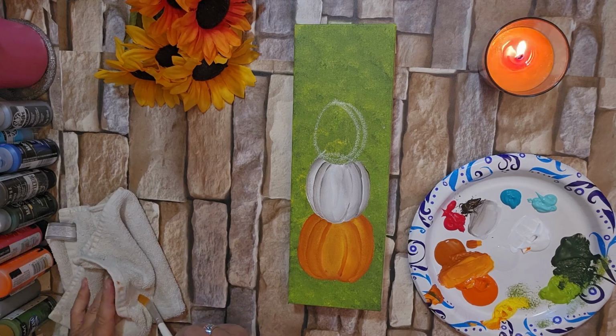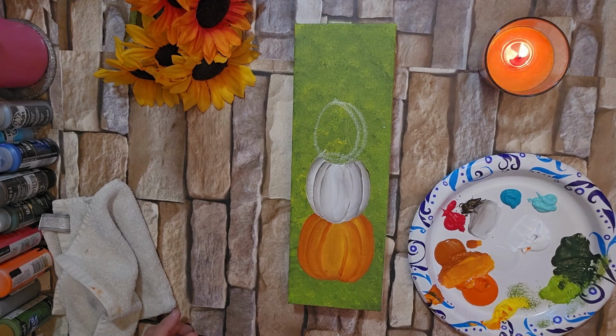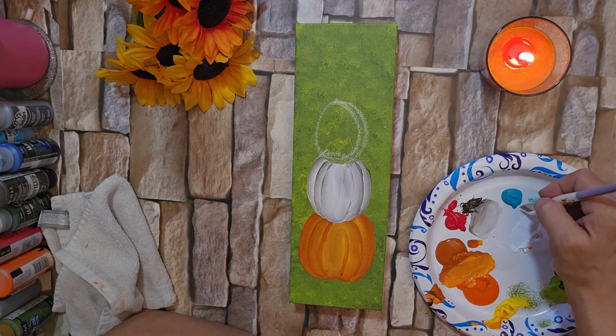Okay, I like how these colors complement one another. And this time, I think I'm going to use the same brush I just used. We'll stay with the 12. I might have to go smaller, we'll see. Okay. So I'm going to pick up a combination of